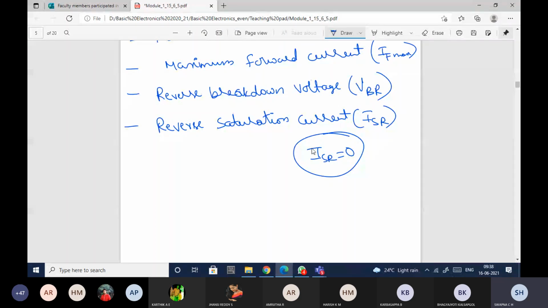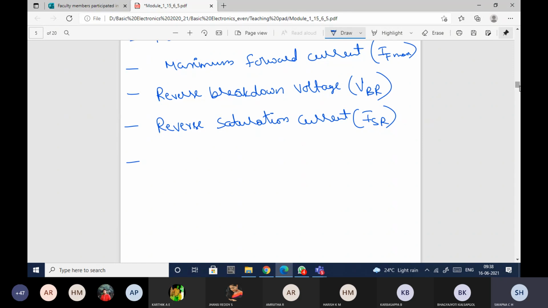For the ideal case, I think you people know. As a student, ideally you have to be very perfect in everything so that you will get 100% result. So that is the ideal case.